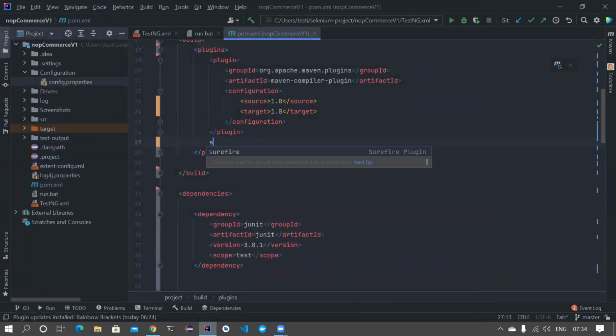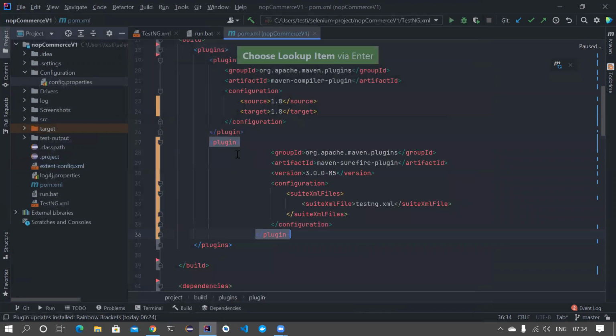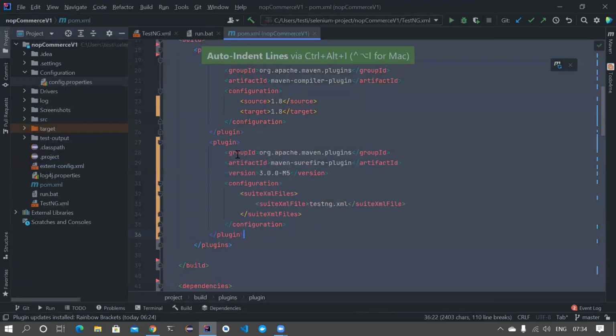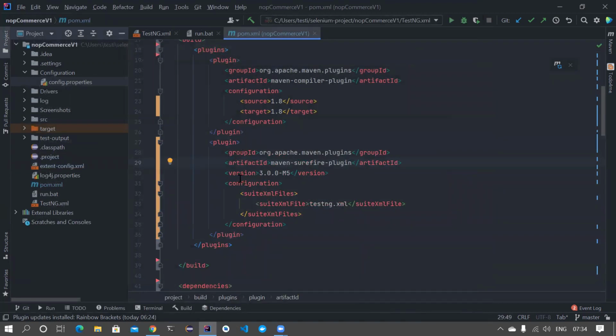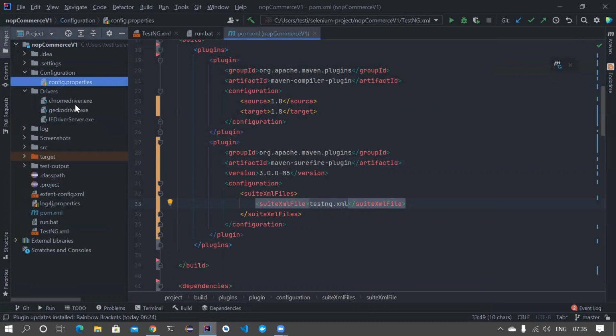Now, if I come here and type Surefire, it's suggesting the description and the Surefire, right? I press enter, and all of them got ordered. Now they are calling the testng.xml from the Maven command. Let's try to run the test and see whether it is working. Most importantly, if you notice, they have only chromedriver.exe, which means this might not work on your Linux or Mac machines because you need different executables there.